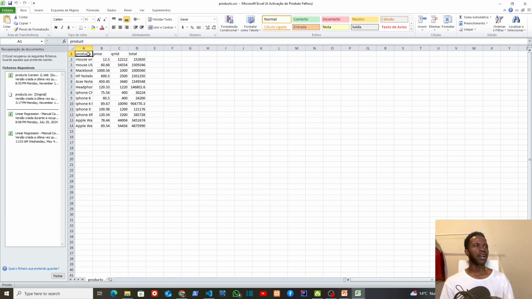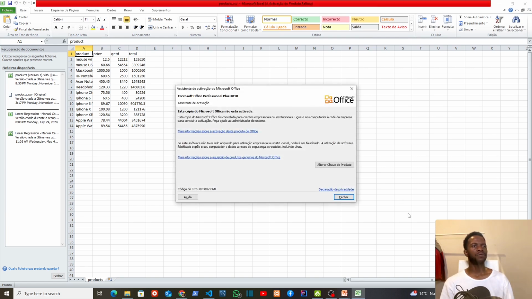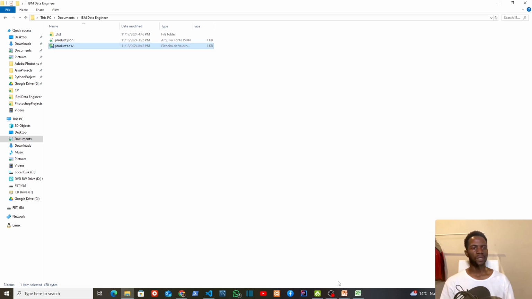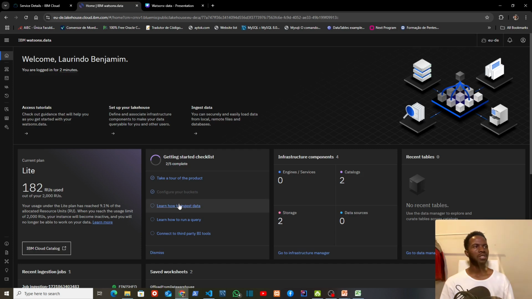Okay, as you can see here, I got 4 columns. But the products here are different from my JSON file. So I got different data. Okay, I got different data from the same table. So what I'm gonna do is to